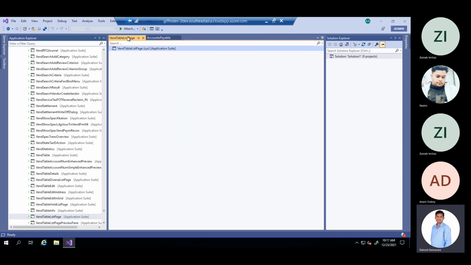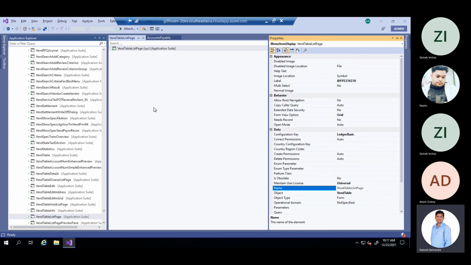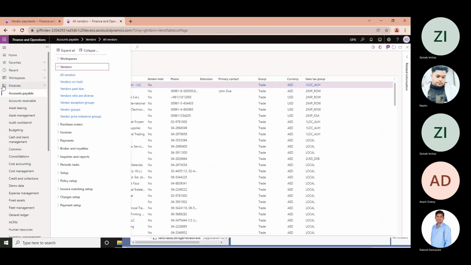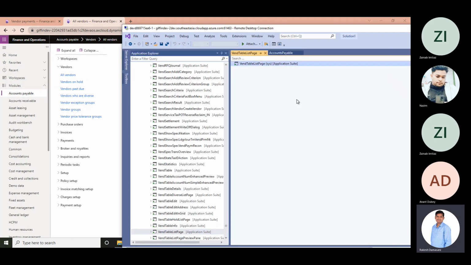For that, we open the design and we go to the properties of that when table list page. Again, if we go to properties, there are some properties, the image symbol and the label. In the front end, it might be showing as all vendors. All vendors. From where we are getting that thing, it is from the label.